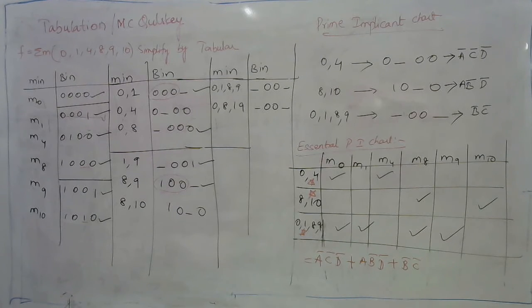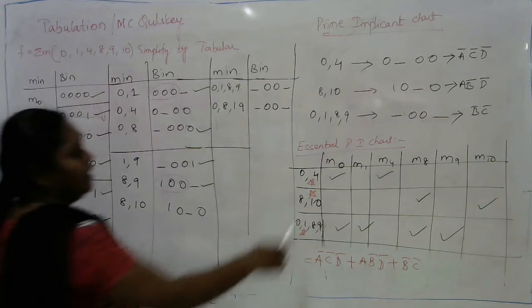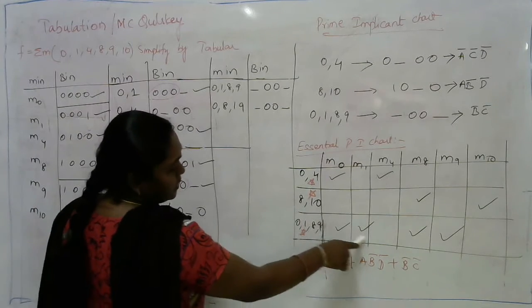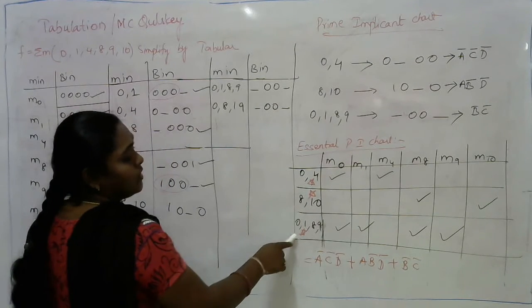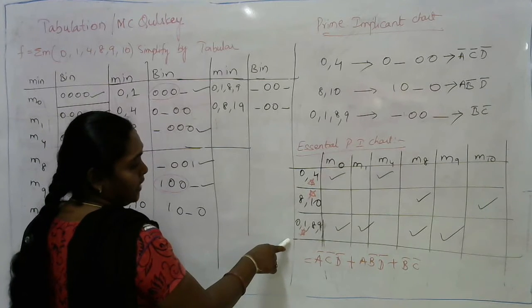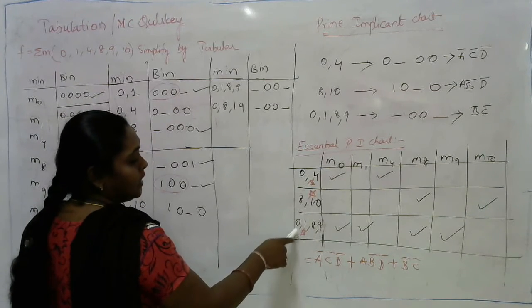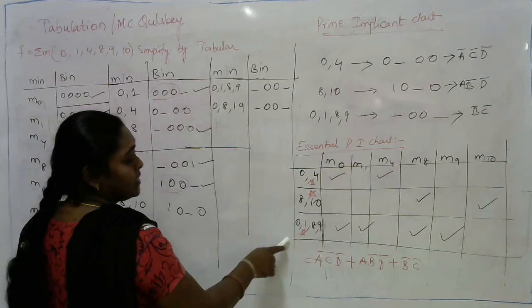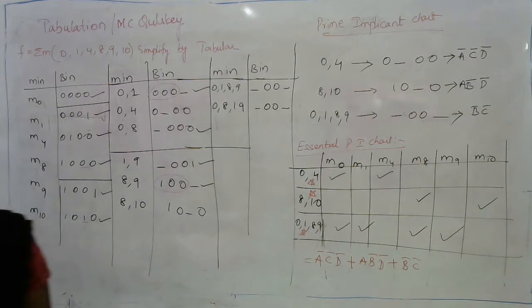After that, the next step is essential prime implicants. In this case, first write down all the prime implicants and the given question's minterms. Keep a tick mark depending upon the prime implicants of that question. Then check for single tick mark entries in a corresponding column. If there is a single tick mark entry in the column, keep a star mark at that corresponding row. So the star mark represents an essential prime implicant, which must be present in the final simplified expression.